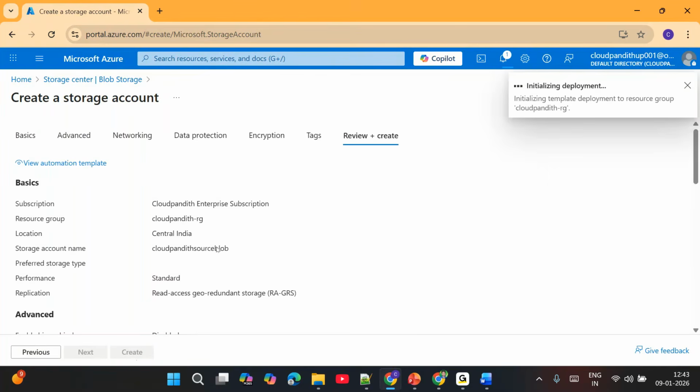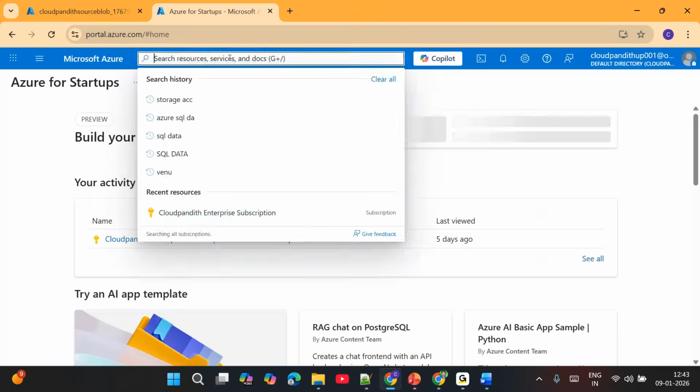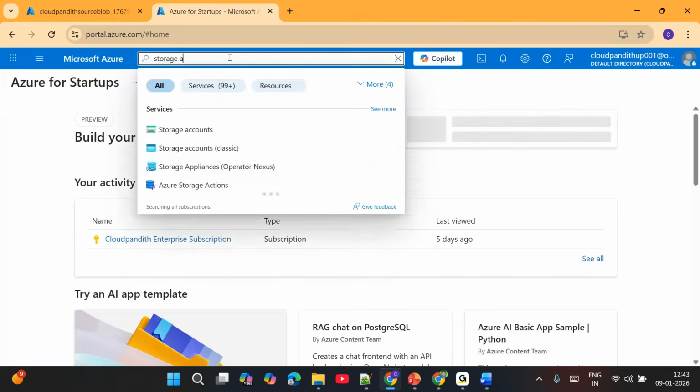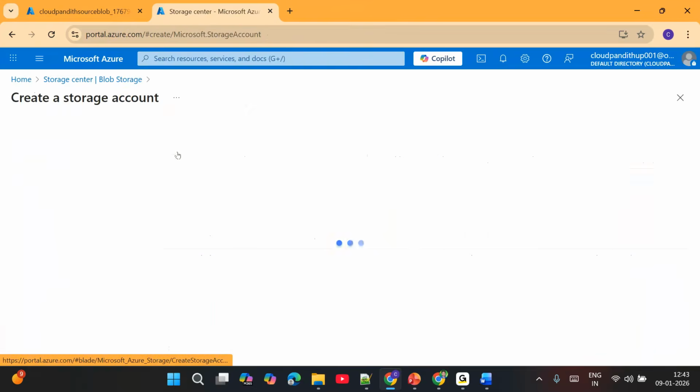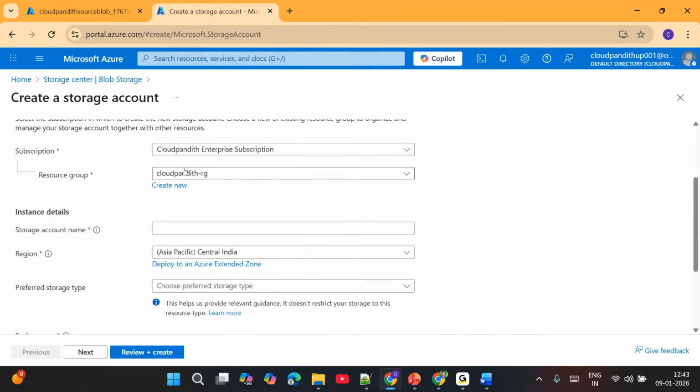Click create. By the time the source storage account comes up, I'll open a new tab, portal.azure.com. Again, search for the storage account. Click on create storage account, team. So you see same subscription, same resource group. I am giving Cloudpandith sink